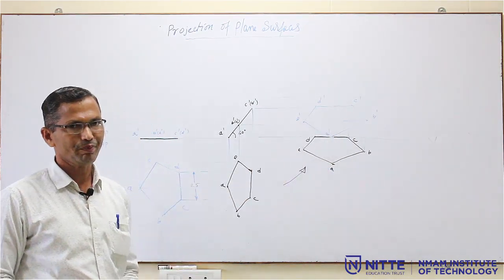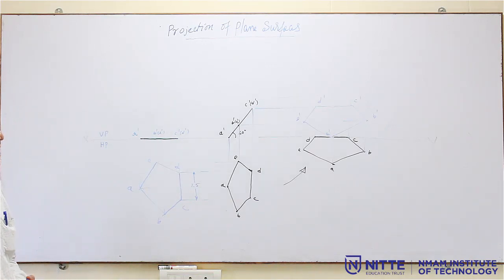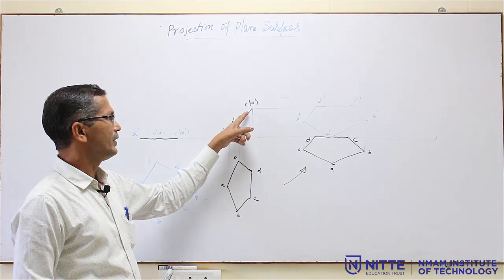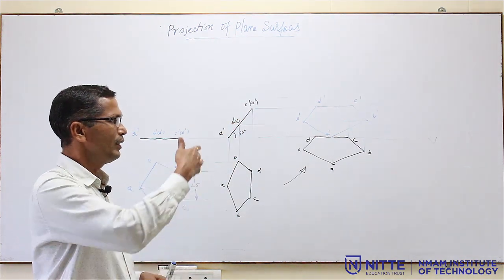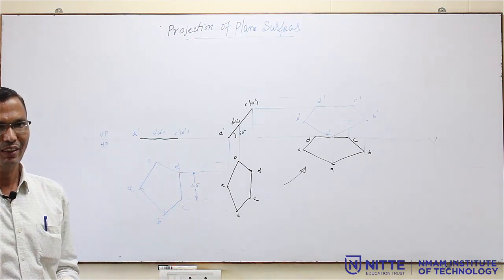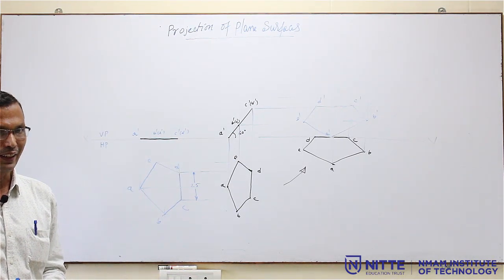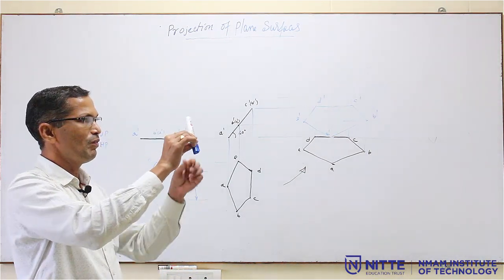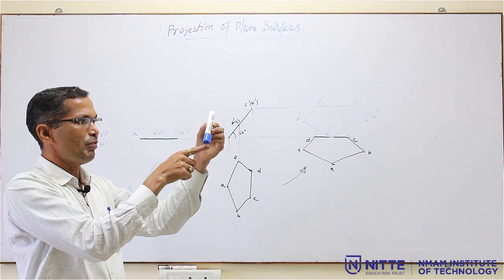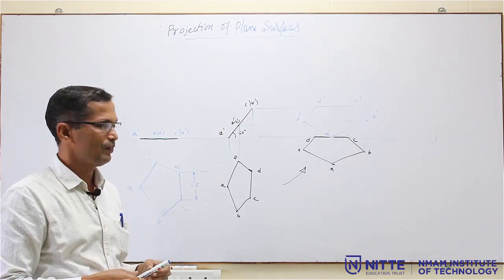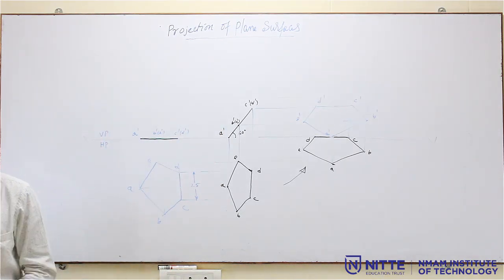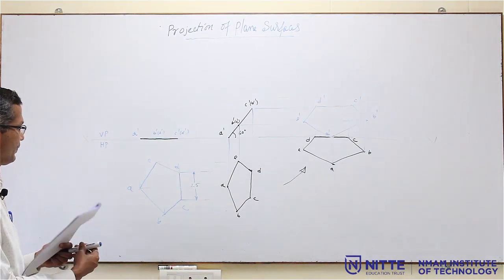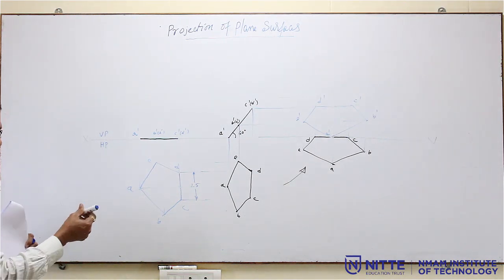This is the final position where both inclinations are given, 60 and 30, 60 is here and here the 30 degree. If you want to get it, you can draw the profile view also for this, then you will get the exact position where both the angles are visible in the profile view. Profile view will be looking like a line where this will be 60 degree and this will be 30 degree. So, this is the solution for the problem number 8.